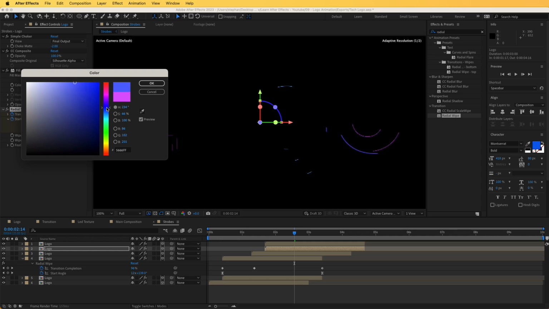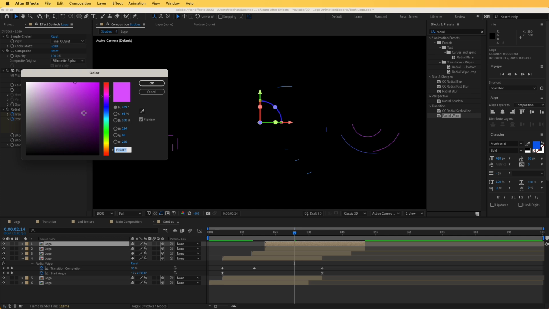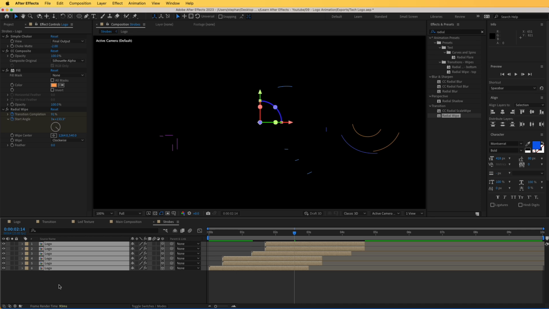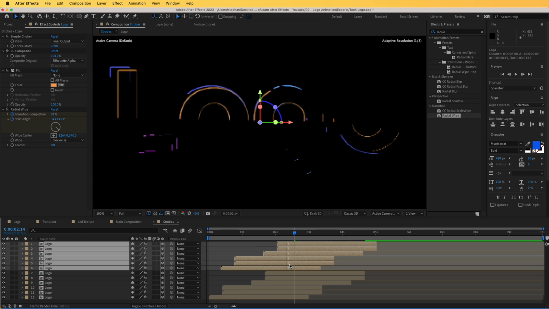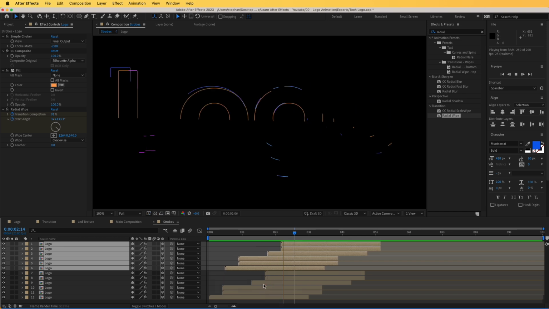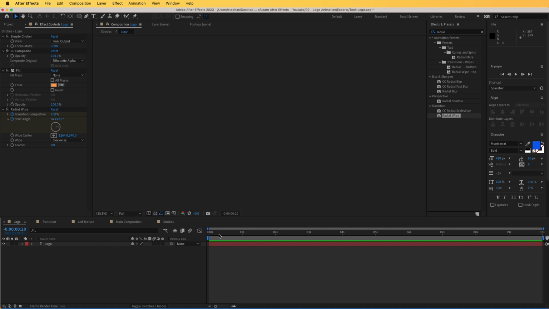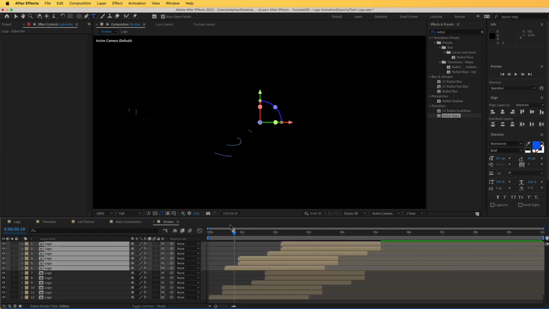So let's give it a new color, and this one we can give it like an orange color, like this. And now let's duplicate these one more time. Control D on your keyboard, place them up like that and move them around just like that. So there we have our strobes, and the great thing about this is that if we go to the first composition, the logo composition, we can actually change this text, something like that, and if we go in here, it would